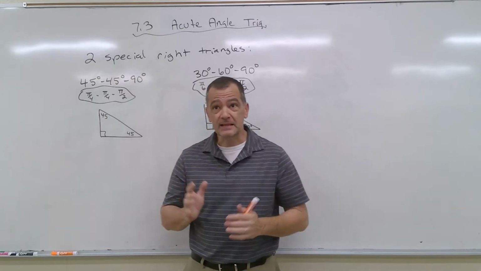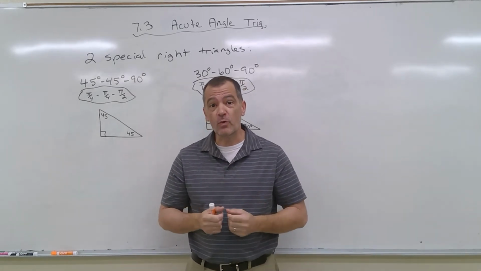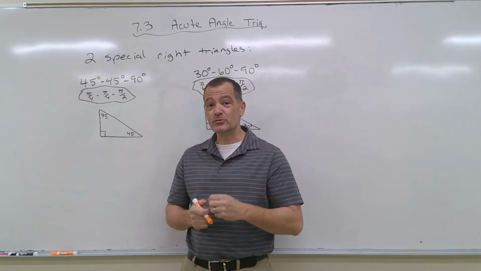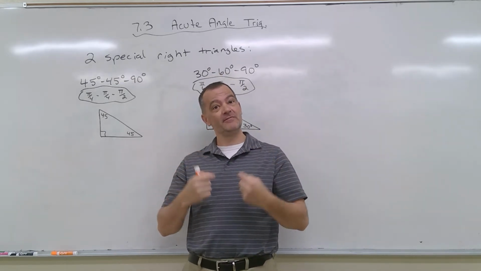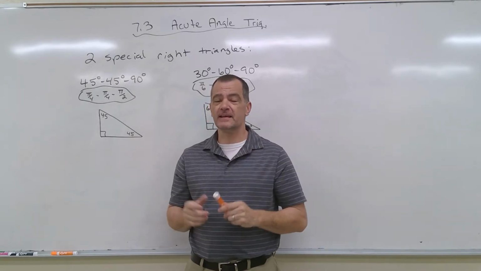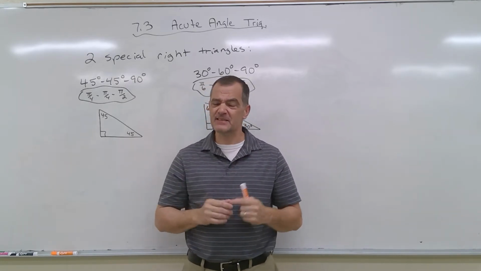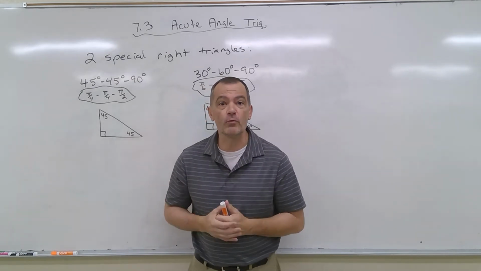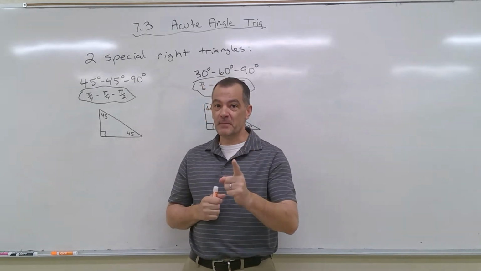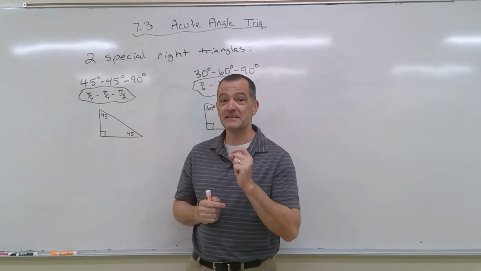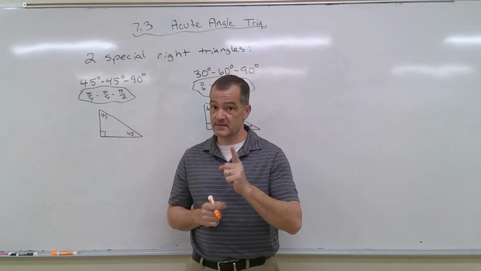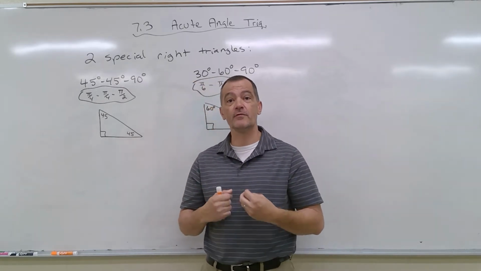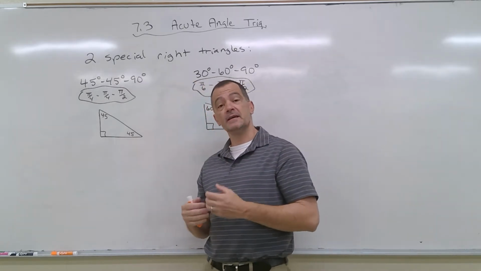Now, last week, I did throw in a question on the quiz about the tangent of a 45-degree angle, and the answer to it was hidden in the video that had my face on it. But I'm going to clarify that today because several people made that mistake, saying there's not enough information to determine the tangent of a 45-degree angle. But if you remember that video, it said it's not the size of the triangle that matters, it's the size of the angle. So today what I'm going to do is review two concepts from Euclidean geometry,